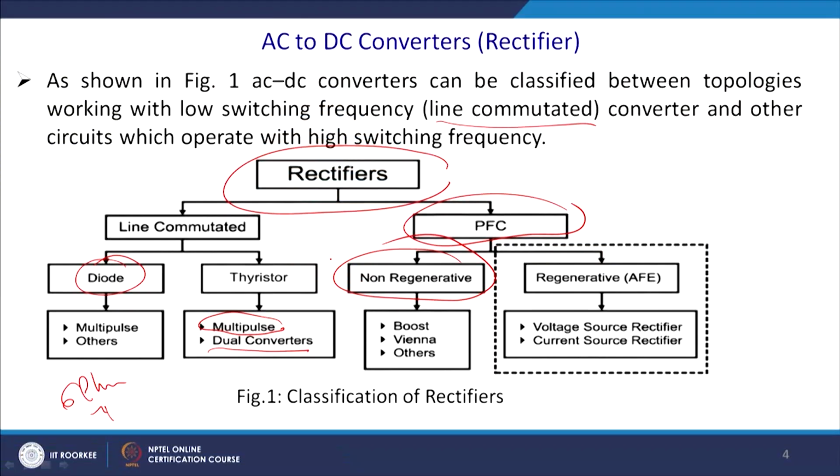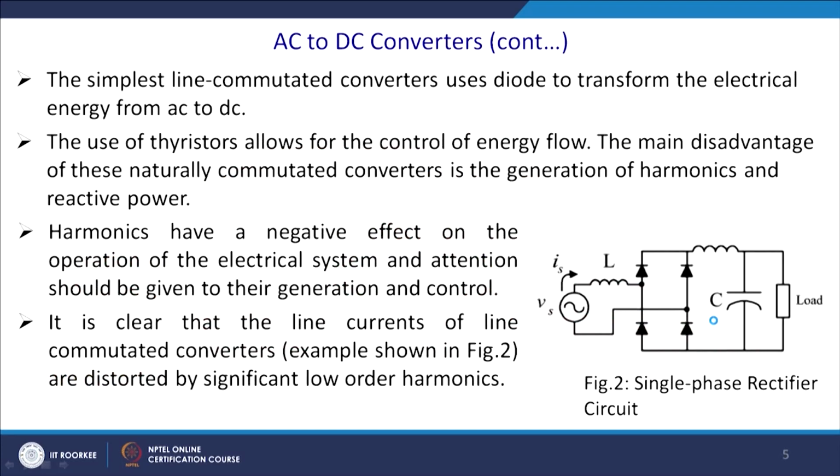One is one directional power flow, that means power flows from the AC side to the DC side, and that is called regenerative, and boost, Vienna and other topologies are possible. And otherwise, in the 3 phase case, you have a regenerative kind of thing. So, bidirectional power flow is possible, AC to DC and DC to AC, then it is an active rectifier, and it can be a voltage source rectifier or a current source rectifier. So, overall this is a classification.